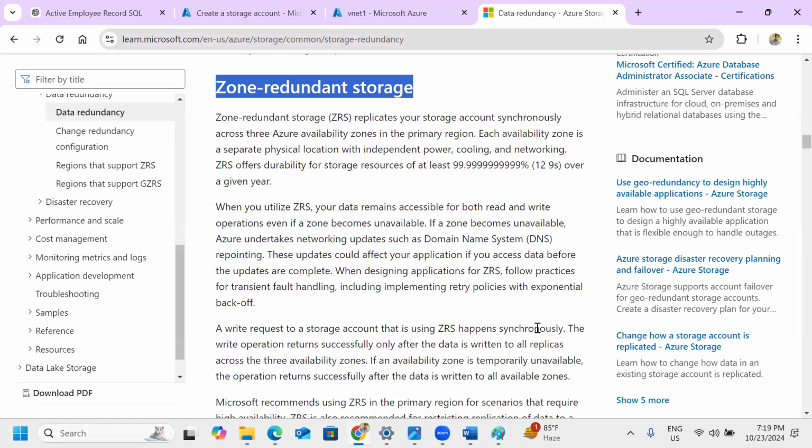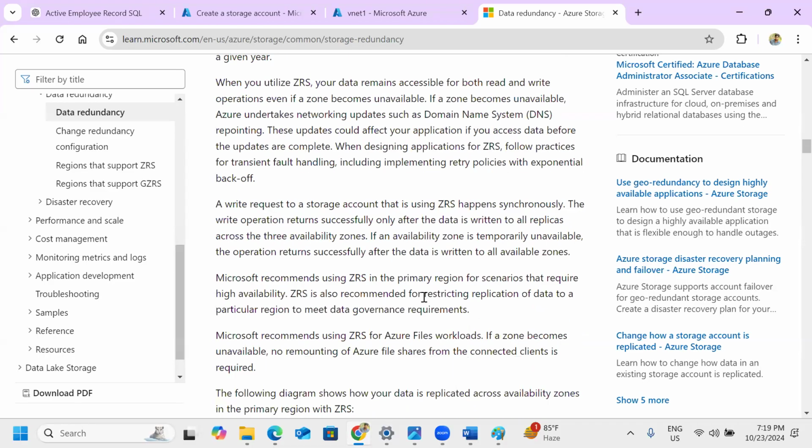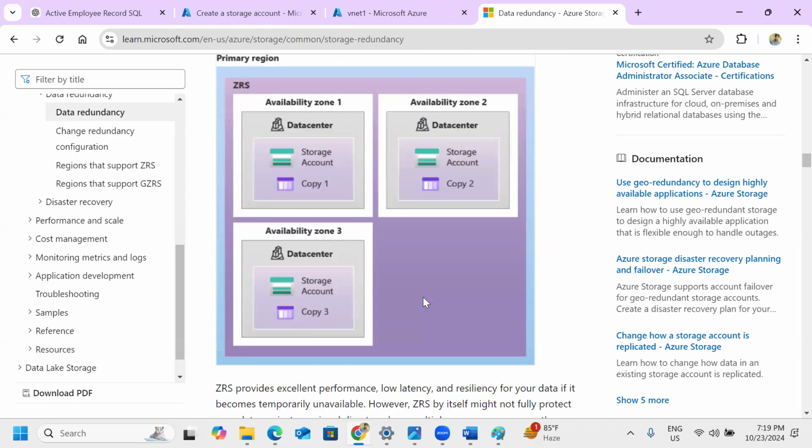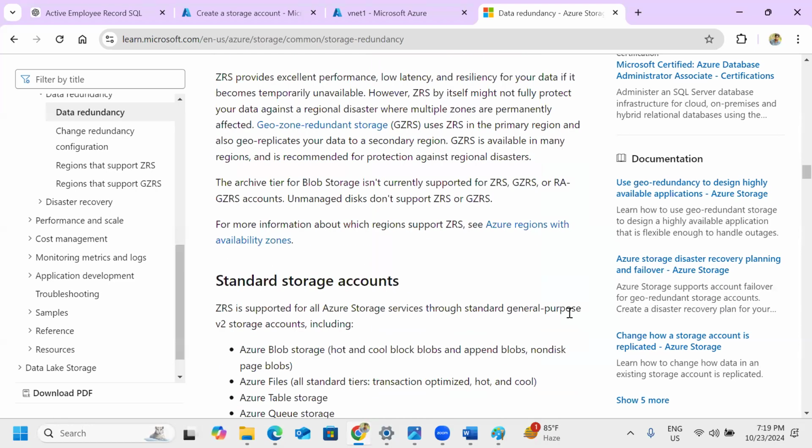Who is taking care of syncing the data across the zones? That will be taken care of by Azure only. Okay, right. Next,